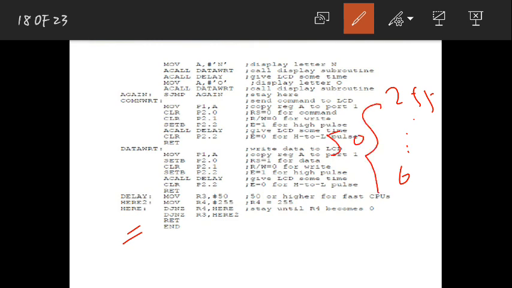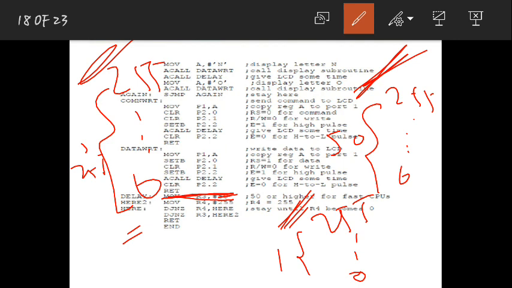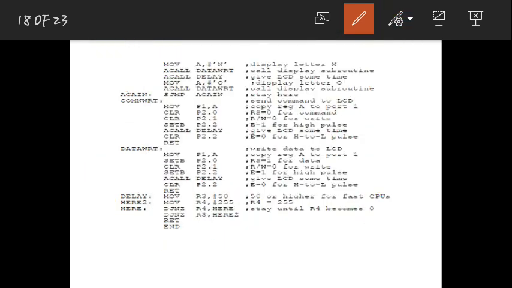Now in case instead of this R3 you take 255 here also, that means 255 will be counted up to 0 how many times? 255 times. So this delay is more than this delay. And if you don't take this register at all, then only 255 will be counted up to 0 for one time, only one time. So this is less delay compared to these two. And this is the largest delay compared to these two, but the delay we have taken here was this one, 50 times. So it is your wish, you can take whatever delay, because they didn't mention in the program how much delay it should create.